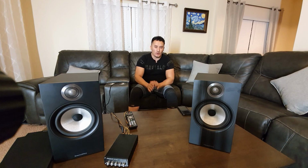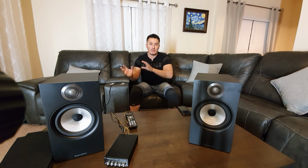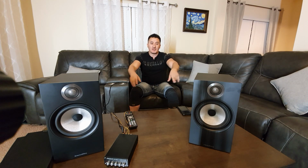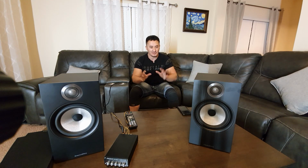That's why I'm always saying to my guys, don't spend a lot of money to get good sound quality. Just do your research and know the speaker's frequency response and how the amplifier and speakers will play together. Of course, I'm going to connect these speakers to my Denon, and next will be higher-end amplifiers. We're going to record a lot of interesting sound demos here, and I'm going to give you proof for half or a quarter of the money, whatever audiophile guys are trying to sell you or advertise on